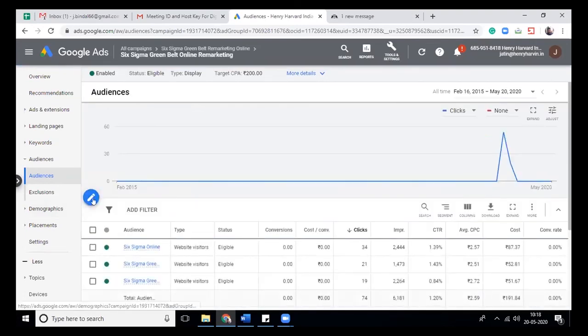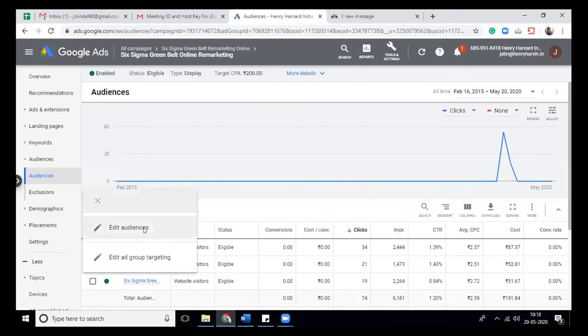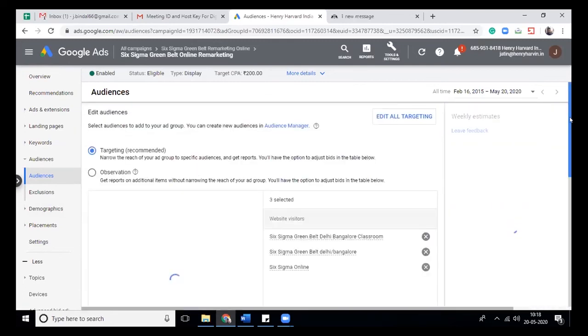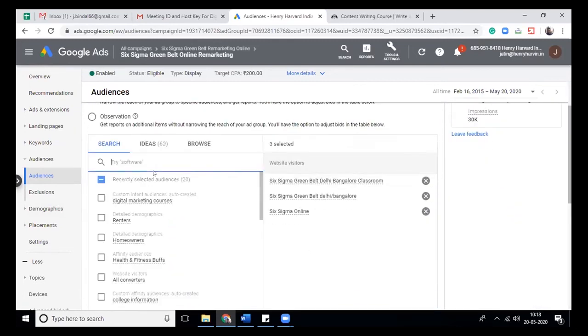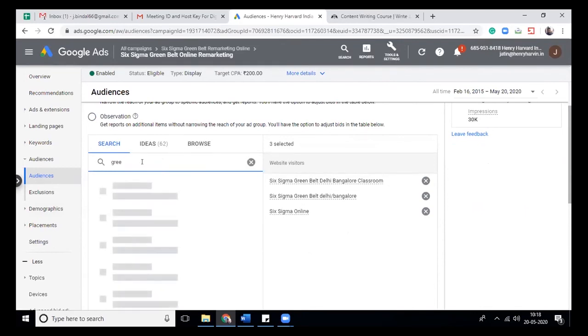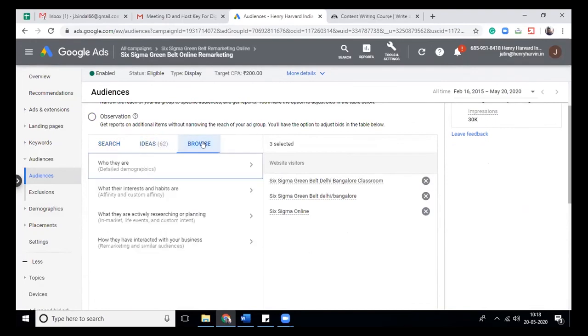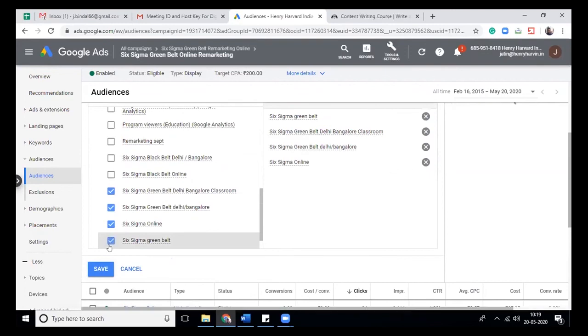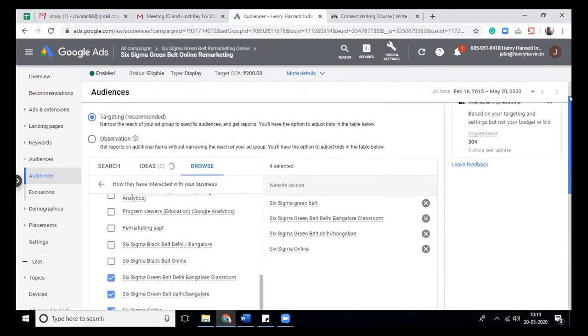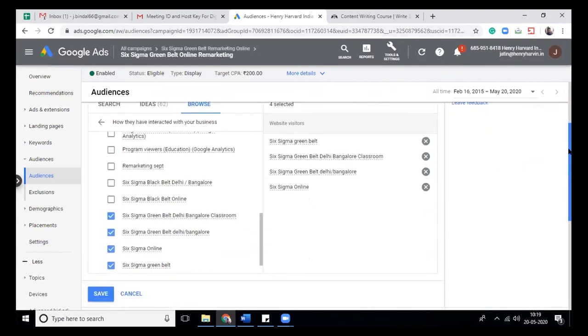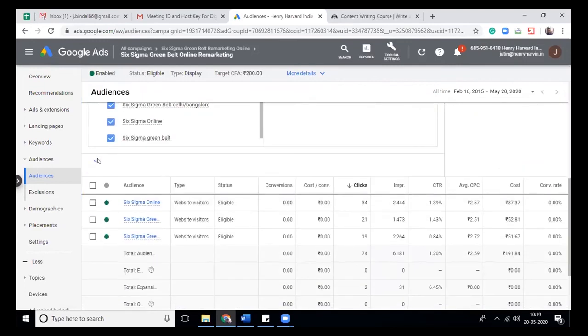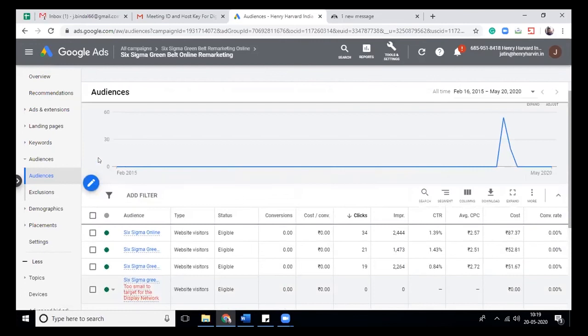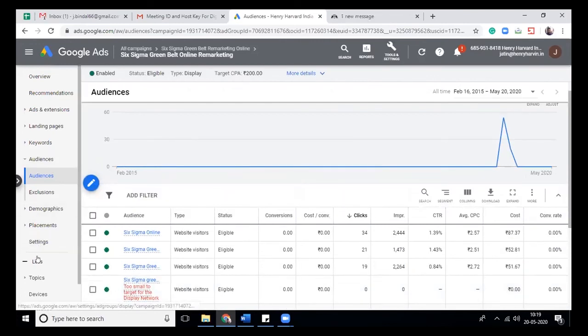Okay, click on edit audience, and then I will add my list, that is green belt. Okay, here you find the audience list, add it. You can see how many impressions you can get, save it. Now, whatever ad you have created in this will be visible to your audience.